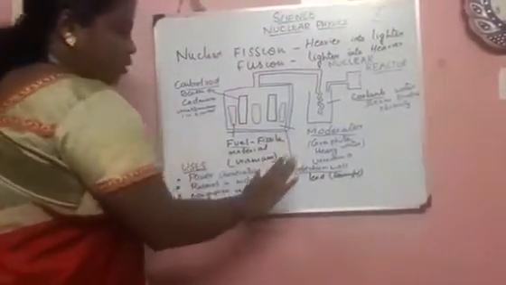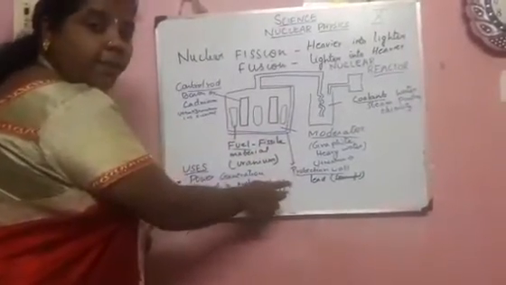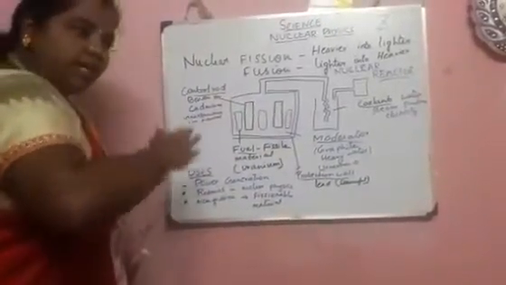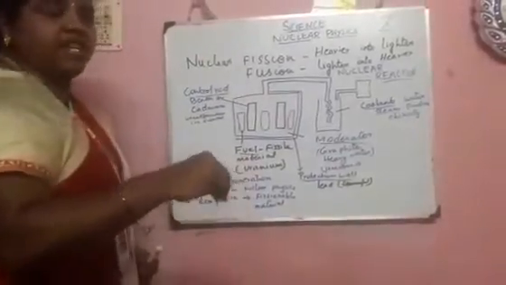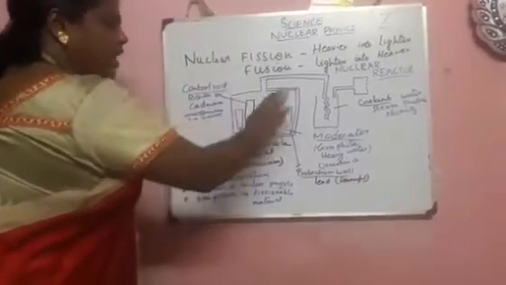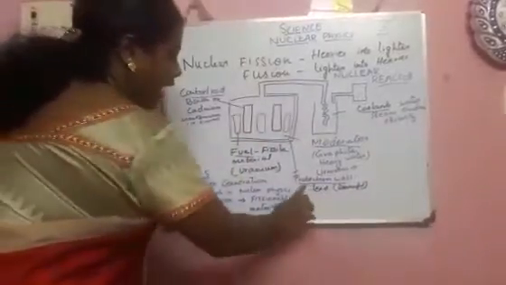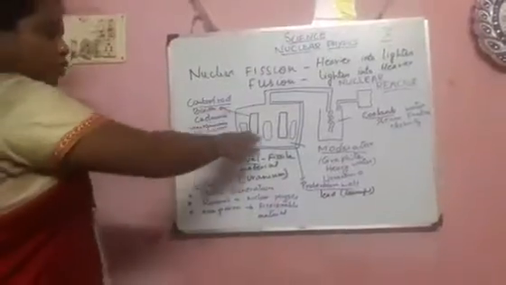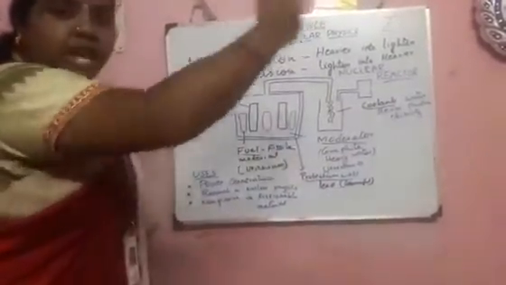And the next one is the protection wall. The last component is the protection wall. Some reactions happen here, and during the reaction some rays are released. If they are harmful rays, they affect the environment. That is why we use the protection wall, so that whatever rays are there do not reach the environment. These are the basic components in the nuclear reactor. With the help of these components, we produce electricity.